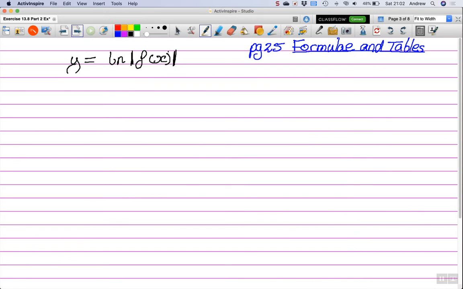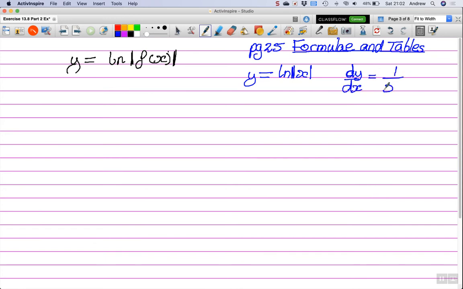derivation. And now we're going to look at something similar for y is equal to log f of x. The first thing we're going to do is look at the formula book. And in the formula book, we've got y is equal to ln modulus of x. So y is equal to ln the modulus of x. And when we differentiate it according to the formula book, it's written quite simply as 1